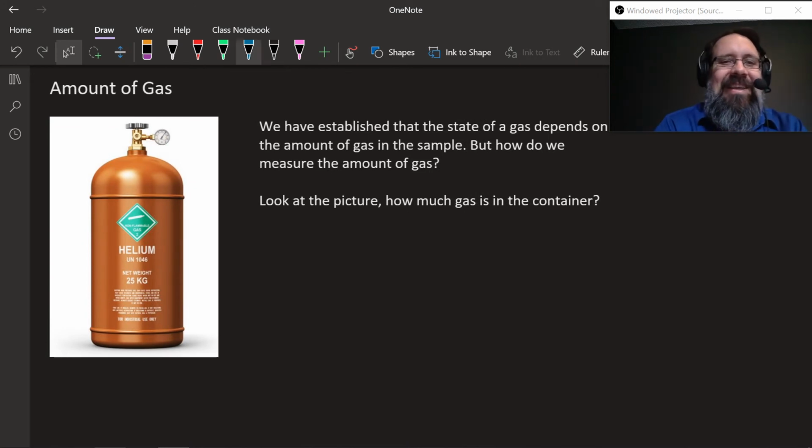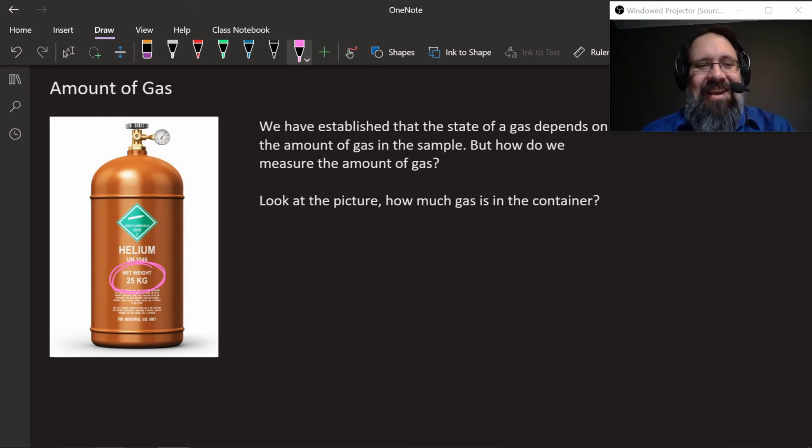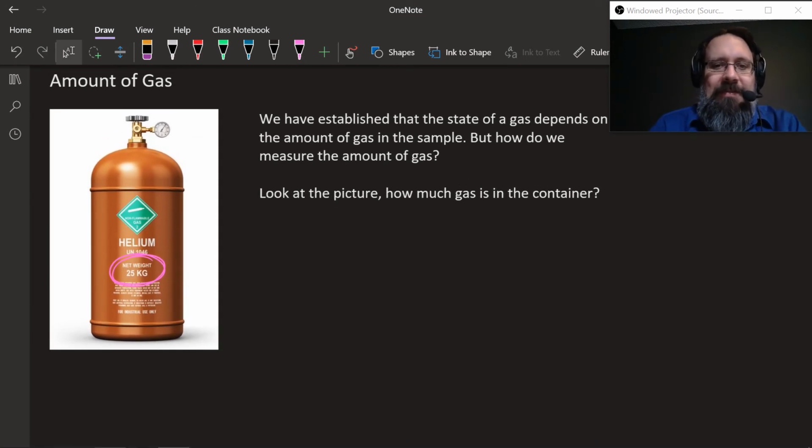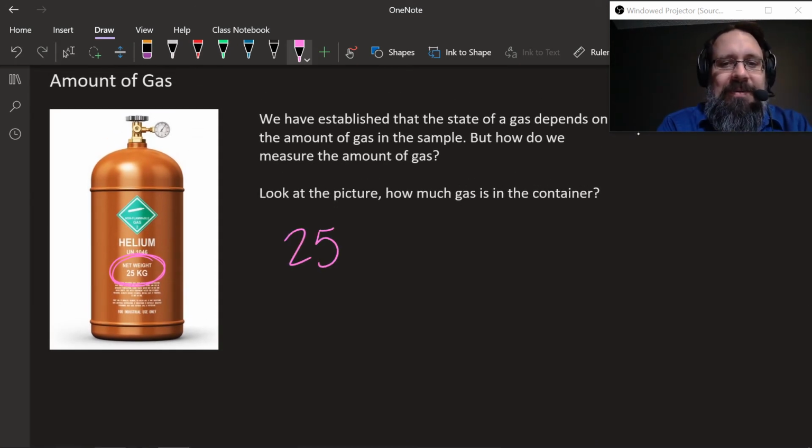But you can see on this can here, it lists the mass. Well, they made a mistake there, but they're giving us the kilograms and calling it the weight. But we'll forgive them, since apparently this can of gas isn't going to be going to any other planet. So I guess we just assume that the gravity is 9.81. That's fine. So the question is, how much gas is in the container? If we look at this picture, how much gas is in this container? Well, it seems like there's 25 kilograms of helium,